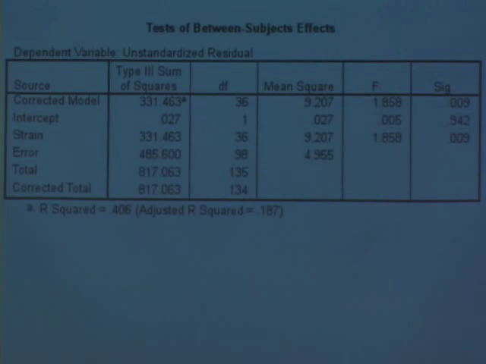What's less than 0.05? This one? This one? Which one? That one? Strain. All right. So we got a significant effect of strain. So that suggests that indeed, yes, our residuals are different, that the genotype is going to matter, and we actually